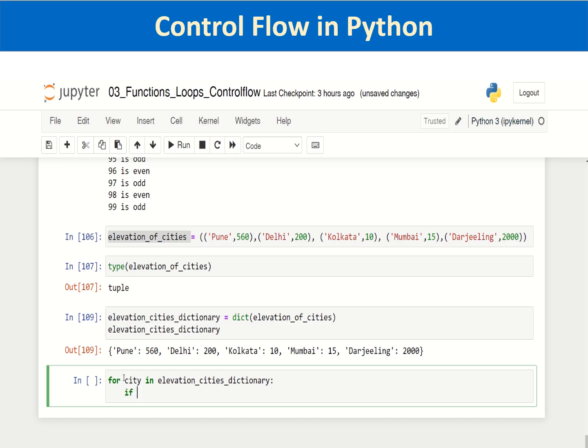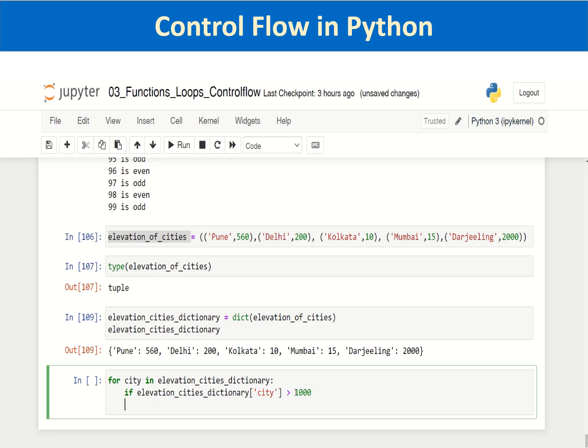If, how to get the elevation: the name of the dictionary, in square brackets you have to pass the key, that is city. If elevation cities dictionary, square bracket city, is greater than 1000, colon